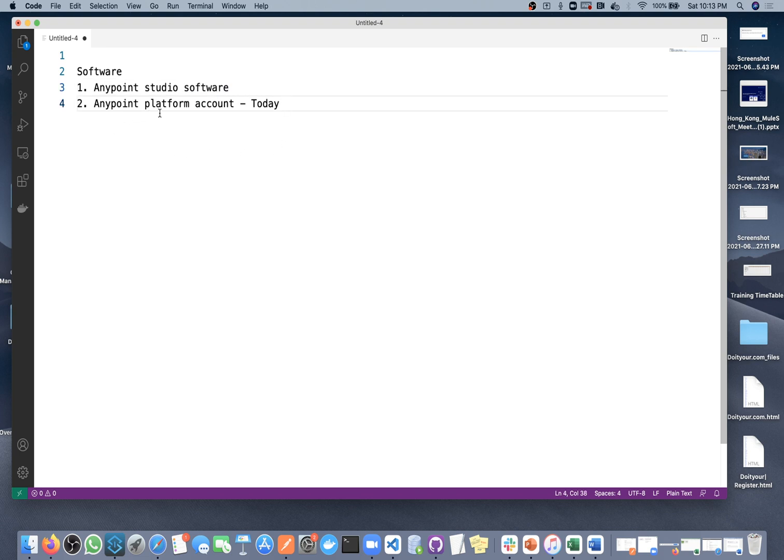Yeah. Then Anypoint platform account, and then third you need, as I discussed, Git, sorry, Git Desktop. Okay, next you need Git account also. I think when you accept my invitation, the Git account will be created at that time, and if someone already has one, then they need credentials of that account.